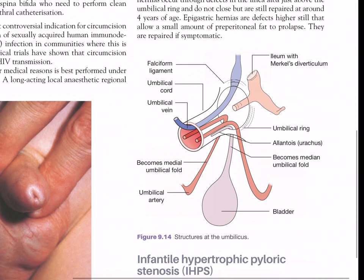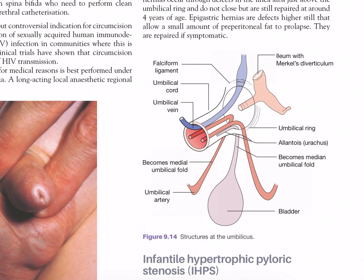This is a structure at the umbilicus. So we can see on the right side upper corner there is the ileum with Meckel's diverticulum shown. The blue color structure is falciform ligament. This is the umbilical cord through which we can see falciform ligament, umbilical vein going,